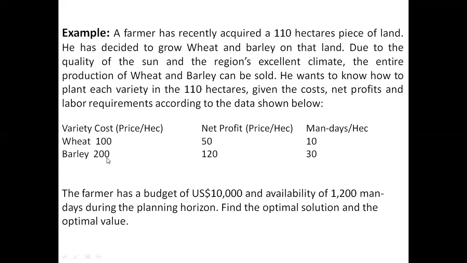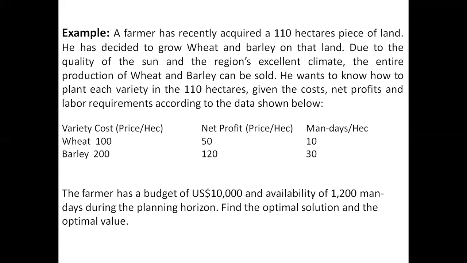Simultaneously, the difference between this variety of cost and net profit is: net profit here is 120, and that is the investment cost. So I have to utilize 10 for wheat and 30 for barley for the crop yielding. The major functionality is how we have to plan the schedule for attaining the given conditions in an optimal way by utilizing this linear programming technique and plotting the graph in the graphical representation method.